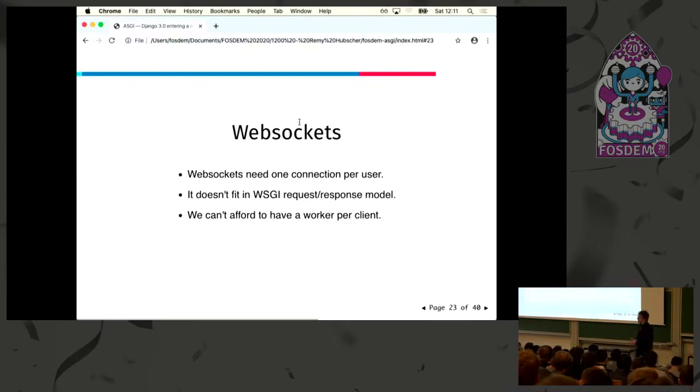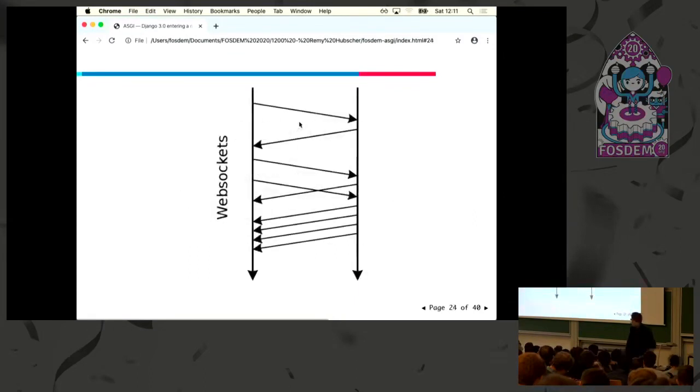So it doesn't fit in the WSGI request-response model. And we can't really afford to have a worker per client. We could say, let's spawn 100,000 processes. So it looks a bit like that. You can have multiple messages, and you can have responses while reading new messages.